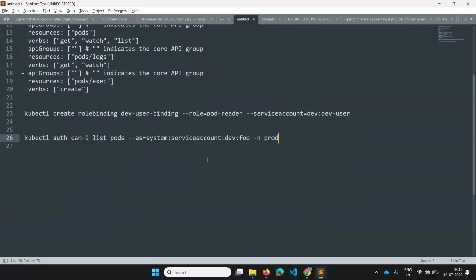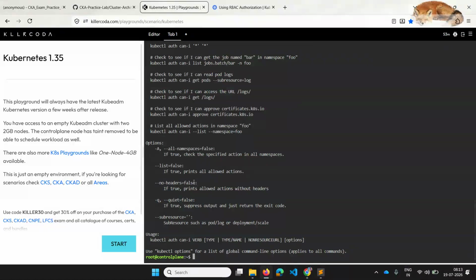System service account dev, until here it's fine, but instead of foo, remove it and place dev user in the namespace of dev. Just paste it here.